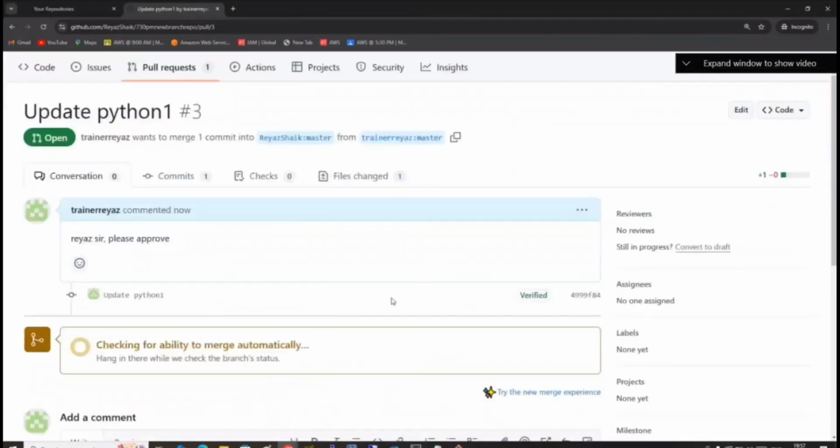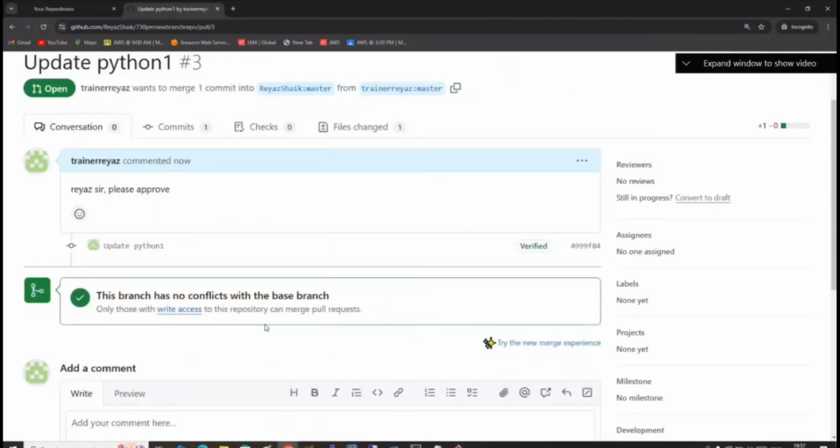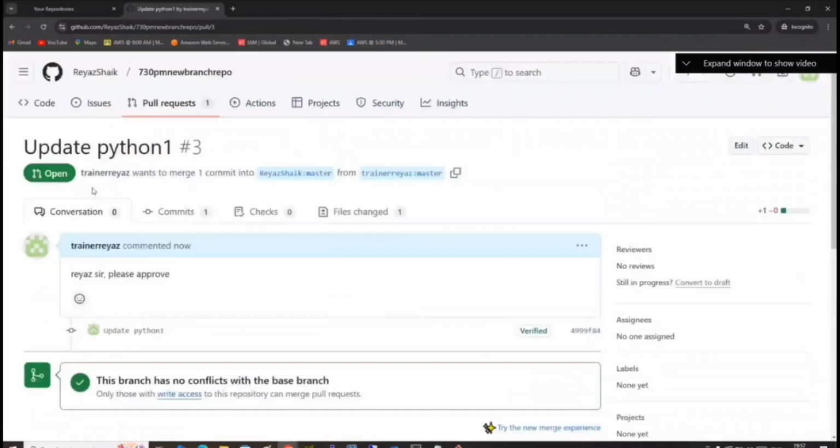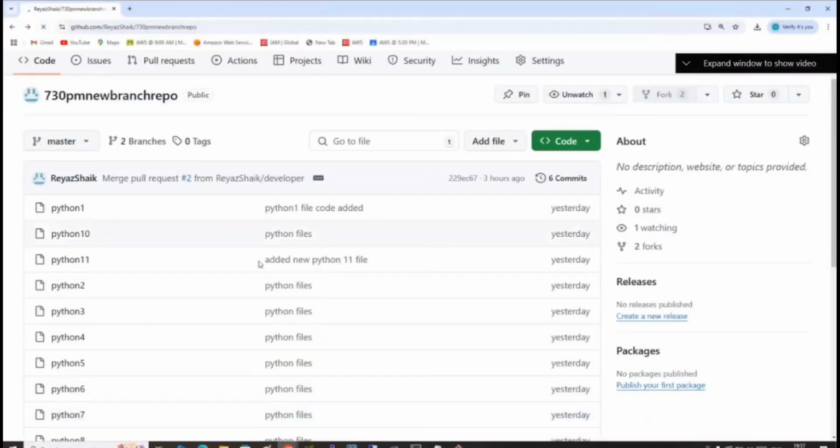So now the pull request is checking whether there are any conflicts or not. Is there any conflict here? No conflicts. So the pull request got created and opened. Now who will get this request? Yes, sir. So let's go here, and if I refresh it, you see here,